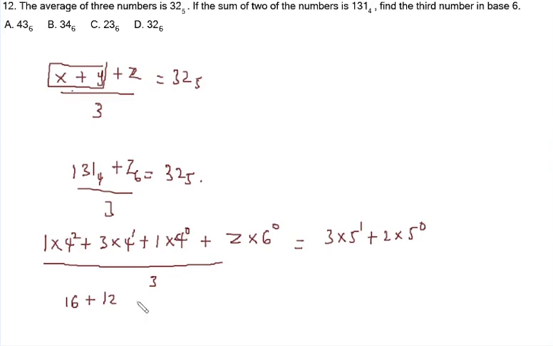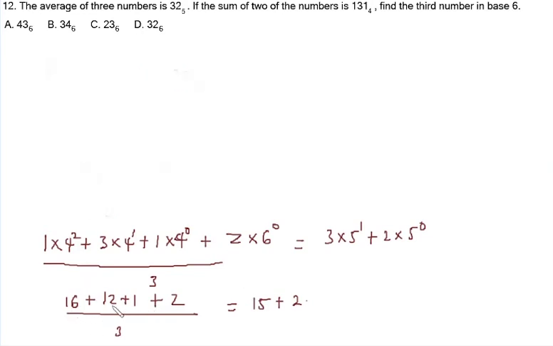Raised to the power 0 is 1, so plus 1 divided by 3. Z times is plus z. So this is equal to 3 times 5 raised to the power 1 is 15 plus 2 times 5 raised to the power 0 is 2. Let's clean up space. So adding up these numbers here, we have 16 plus 12 plus 1, which is 29